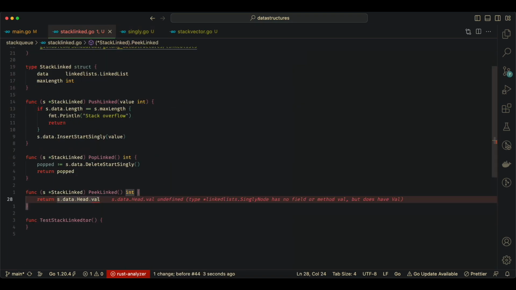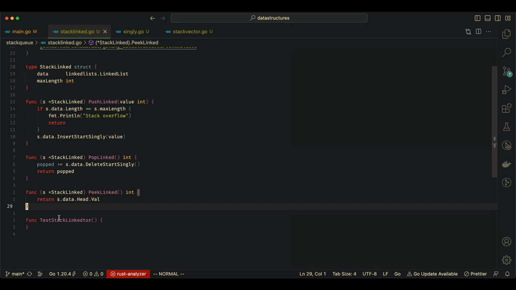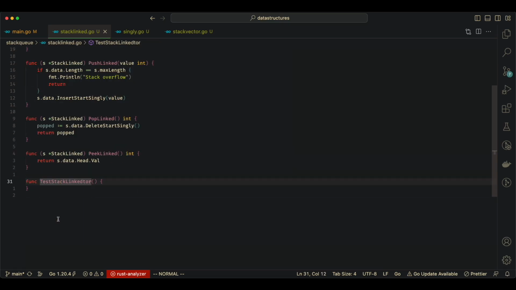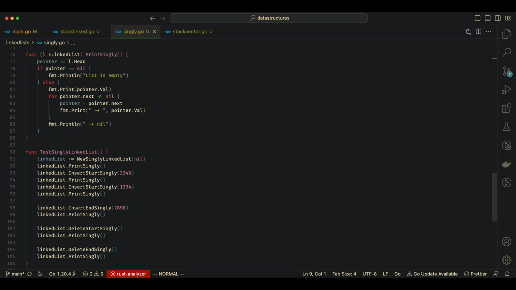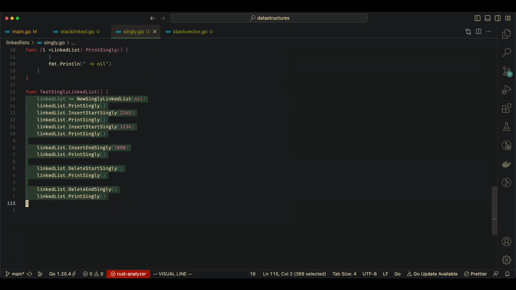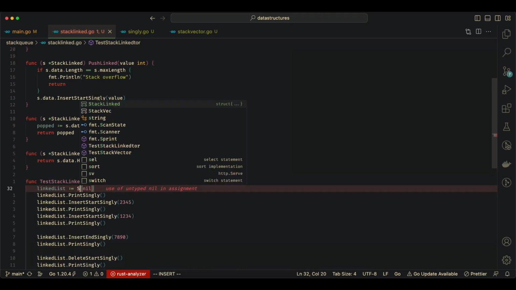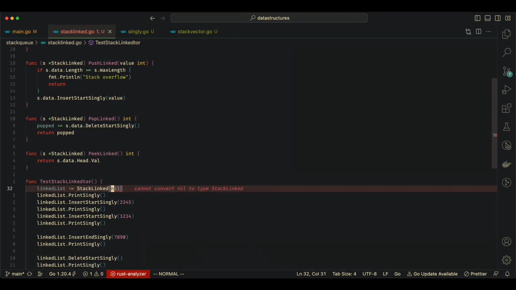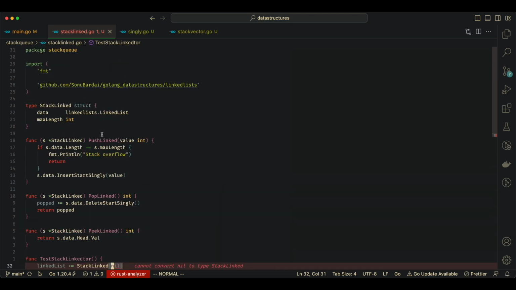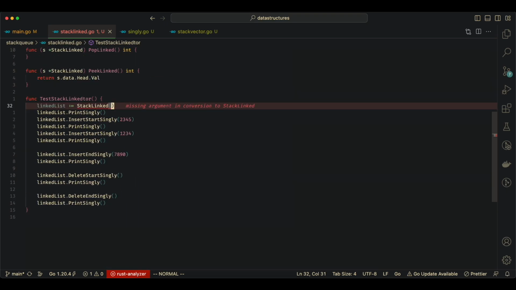So now that we've made our value public, we can directly access it and return it back. So that's how we would implement our linked list stack. Now, to print it, we've already got a print method in our linked list. This is why I've been telling you guys to go back and watch the linked list implementation video because